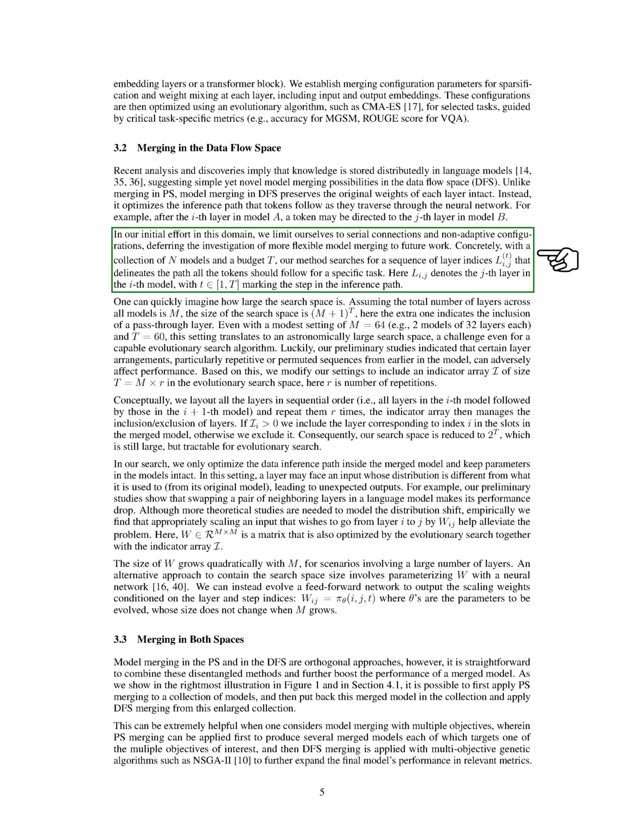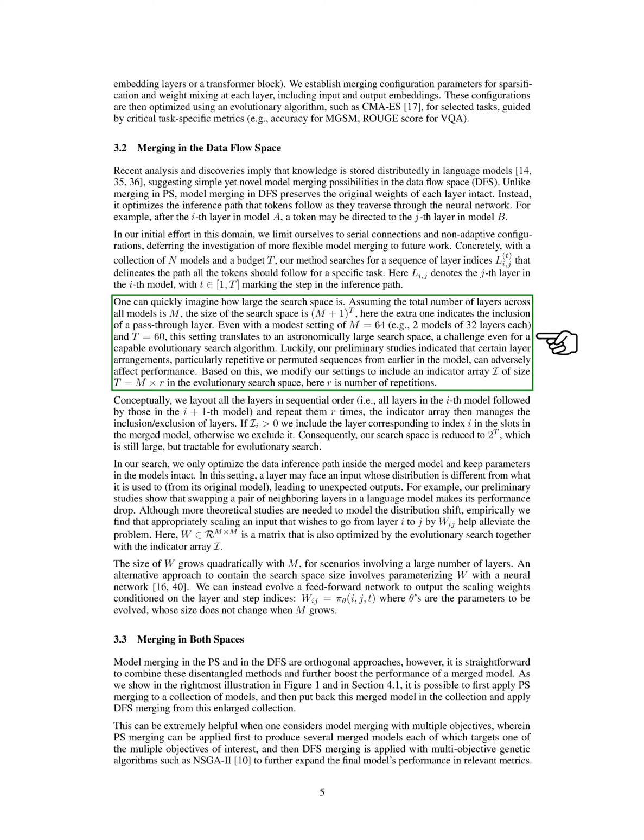The search space can be quite large, but we reduce it by introducing an indicator array that manages the inclusion or exclusion of layers based on repetitions. This adjustment makes the search space more manageable for evolutionary search algorithms. We focus on optimizing the data inference path within the merged model while keeping the parameters in the individual models unchanged. In our experiments, we observed that rearranging layers, especially repetitive or permuted sequences from earlier in the model, can